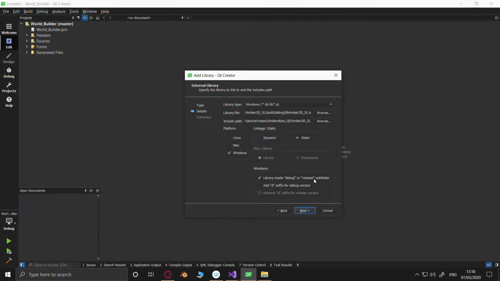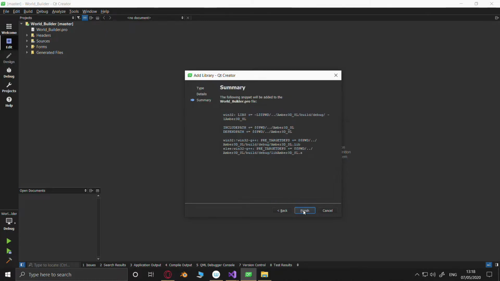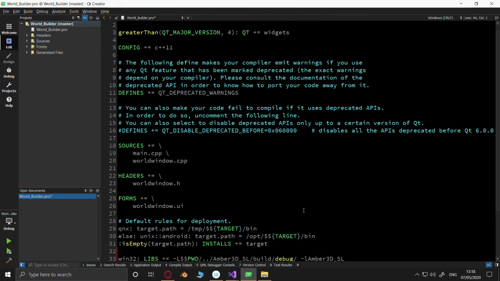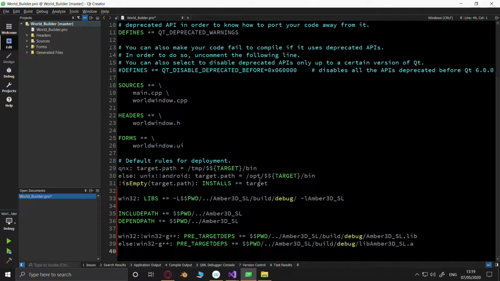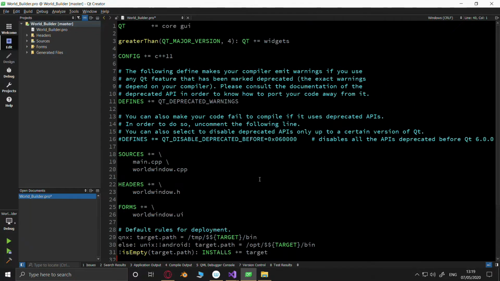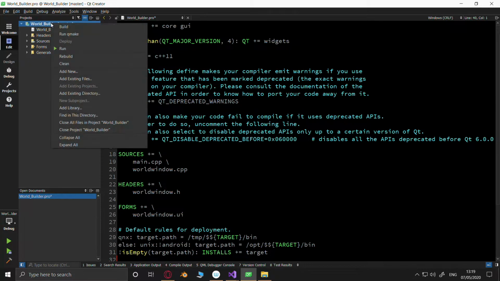It's in a debug release folder. It isn't. No. Next. Finish. Alright, so that's added everything there. I also want to add the other library, because this time we are going to start using that other library. Are we? For UI components.